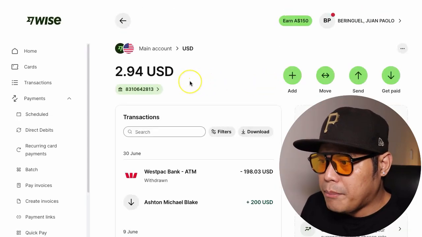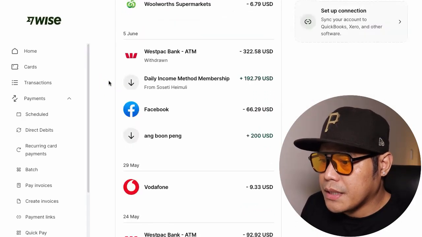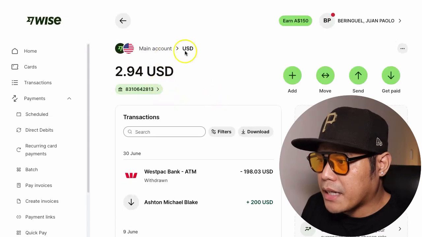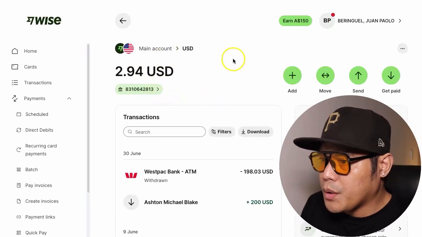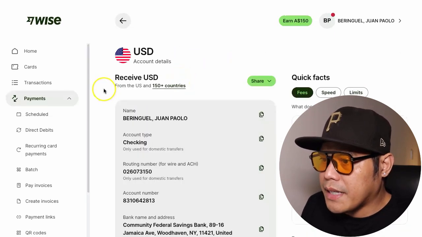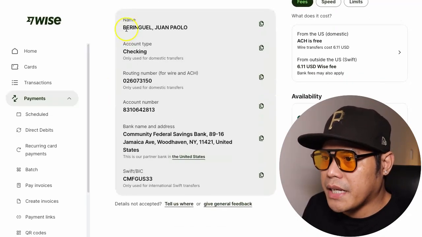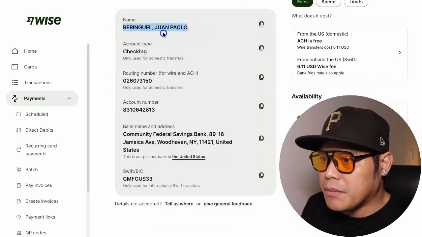Now this is the bank account, and what you do is you select this one. There's a number here, and then you click that, and essentially it will give you the bank account. So let's say for example, that's my name. You can see that's going to be your name. That's the checking type, the account type, which is checking account.